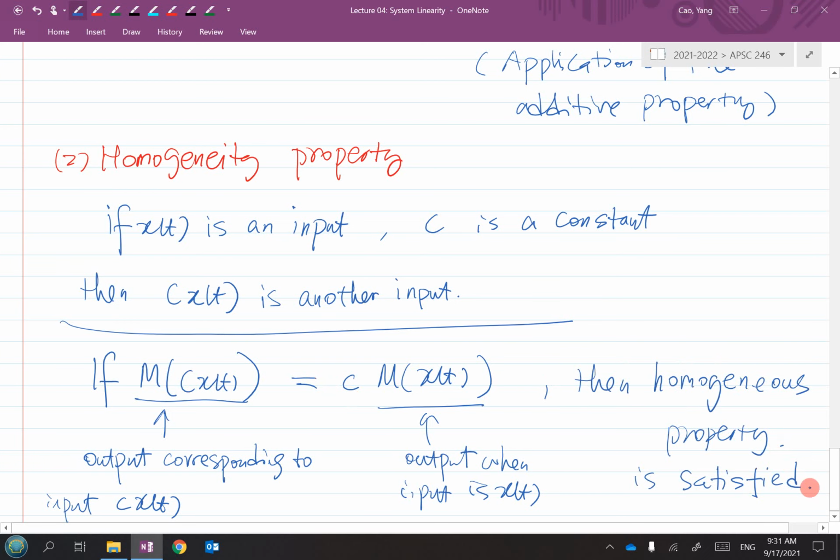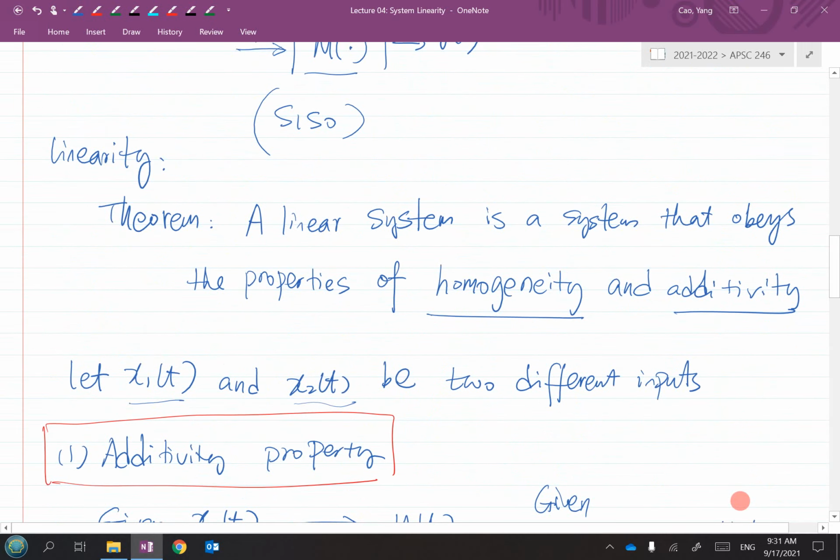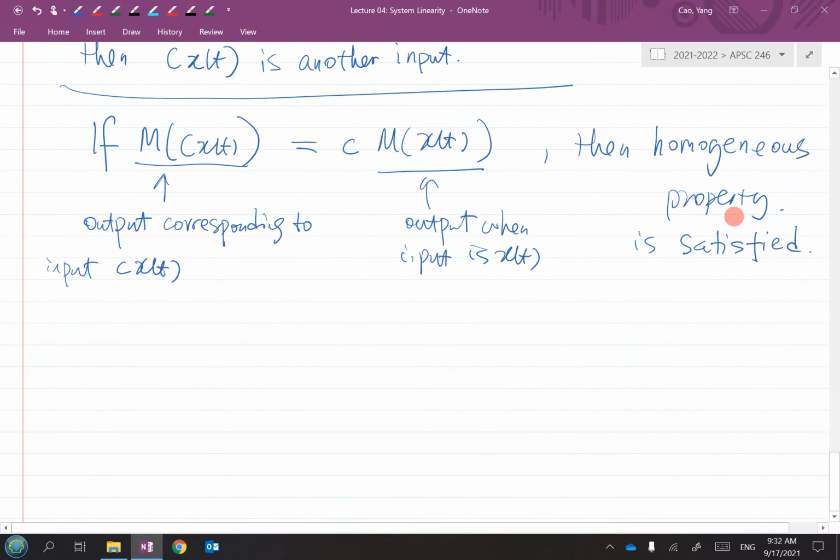Okay? So now, if you go back to the original statement of a system linearity, we said that the system is a linear system only if the system satisfies both of the properties here. If a system only satisfies one of the properties but not the other, then the system is actually not a linear system. So you have to make sure the system satisfies both properties before you make a conclusion that the system is linear. Good? Okay, so now we're ready to look at examples, but